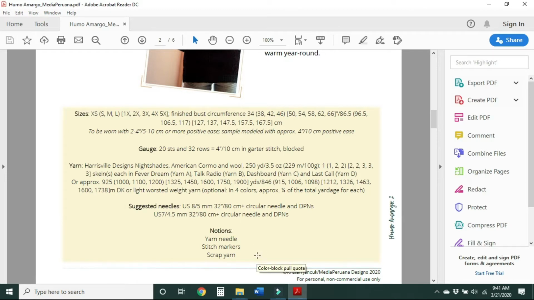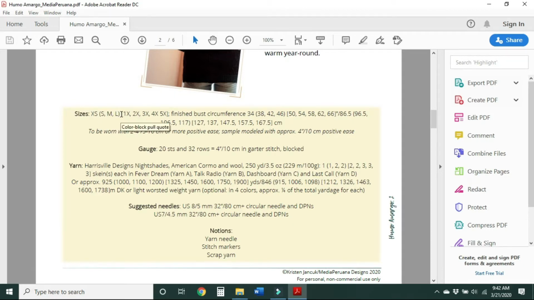So sizes, this is generally speaking what you're going to find for garment patterns. Hats may come in 2 or 3 sizes, socks should have sizes, but things like shawls and scarves, probably not. So I want to go over a little bit about how the sizes are laid out, because this is going to be important for reading the pattern. So you'll see there's a first size, and then a series of additional sizes that may be delineated by parentheses like this or